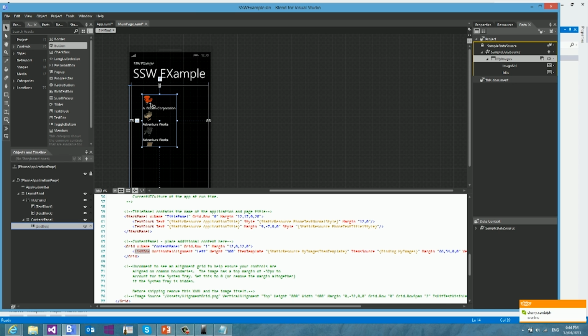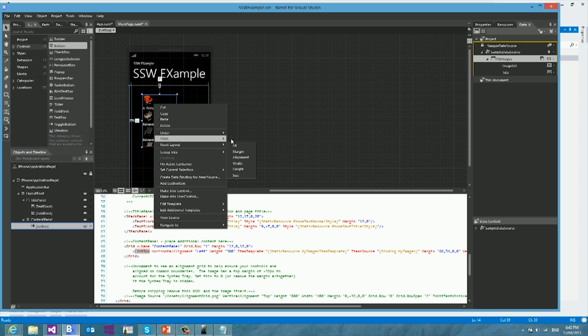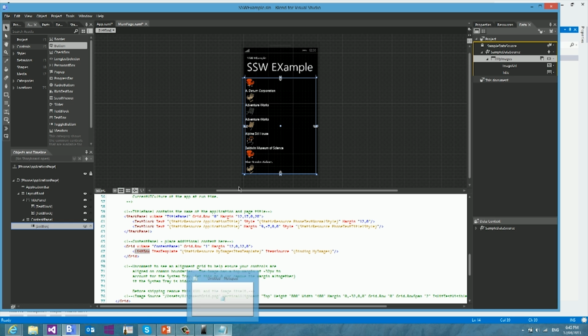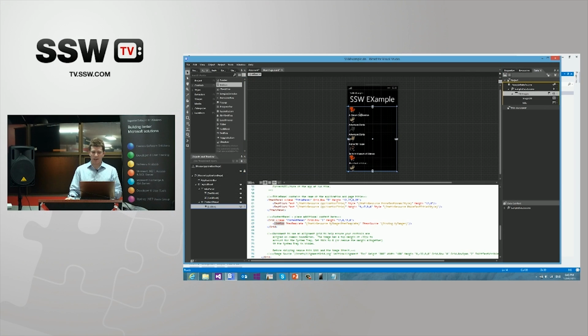This is Blend doing its thing again. It's basically saying, rather than taking up all of the available space, I'm going to give you a list box which is about 100 by 300 wide. And it's just like, when am I ever going to need a list box of that size? If you right click again, reset layout all, you've now got a list box that takes up the available space. Now the interesting thing here is it hasn't just given you a list of items, it's actually given you a list of styled items